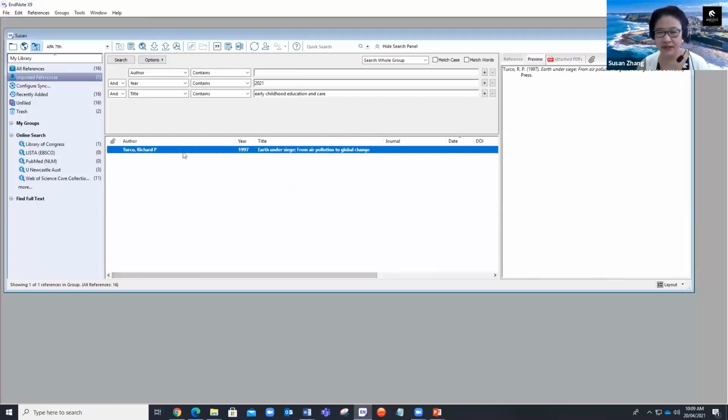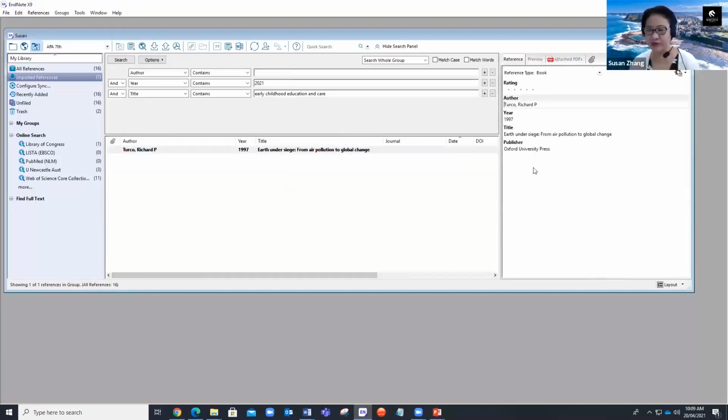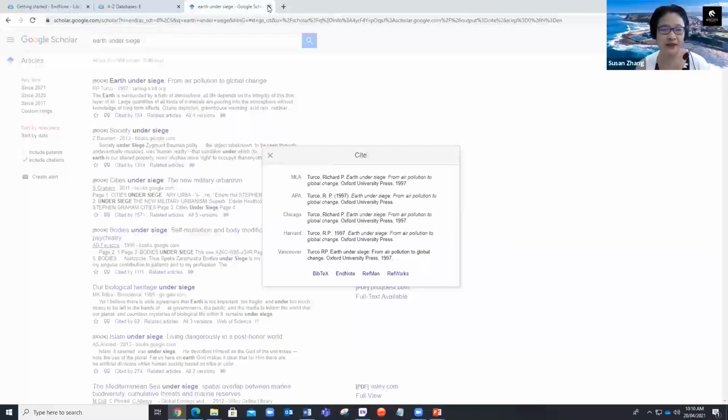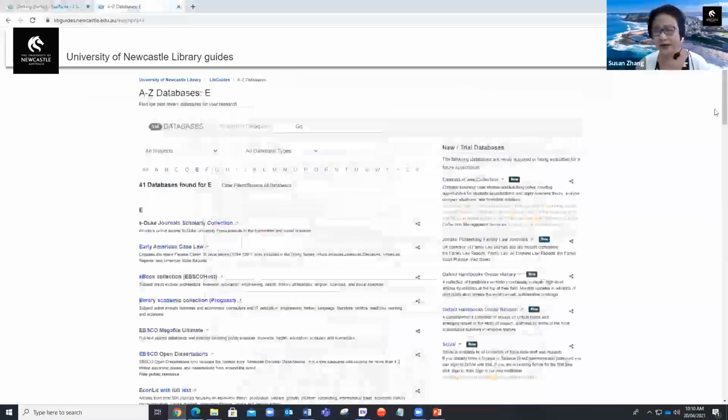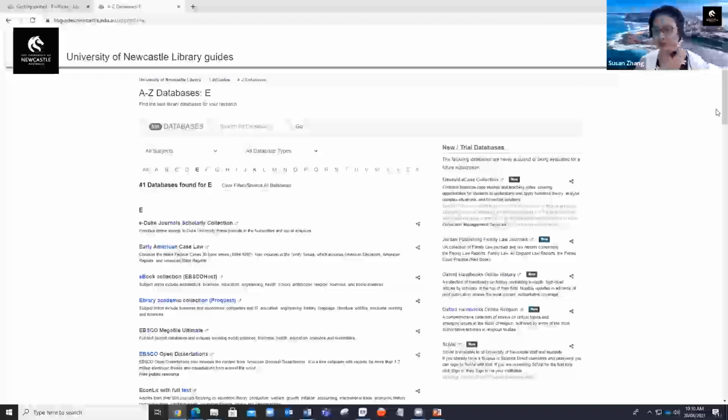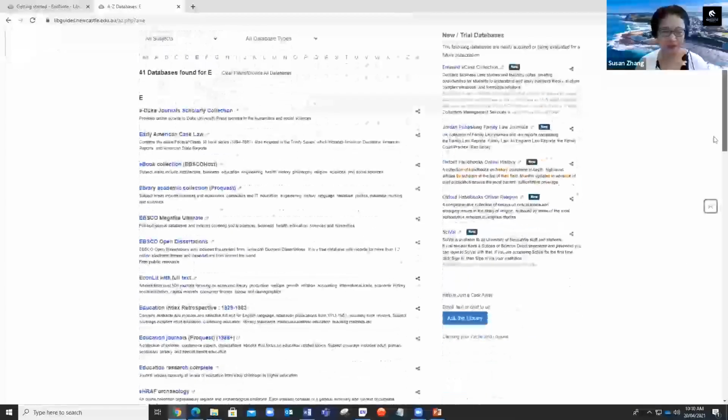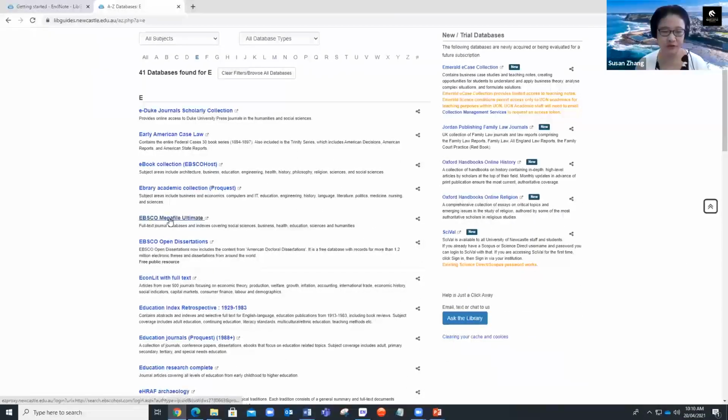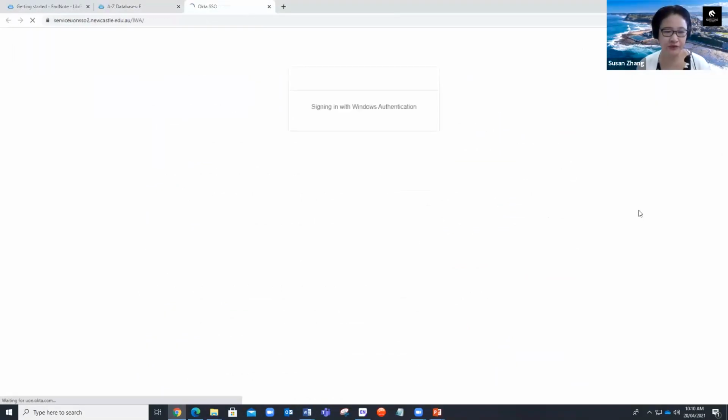And I can see all the reference fields are good. So that is how to transfer a reference from Google Scholar to your EndNote library. Okay. For the library databases, you will follow the instructions for each one of them. For example, I show you here, we use EBSCO, which is a very good database. It's a generic database. It covers every subject